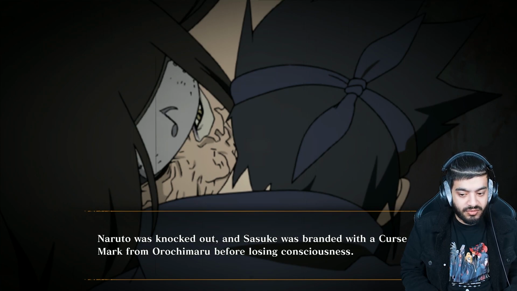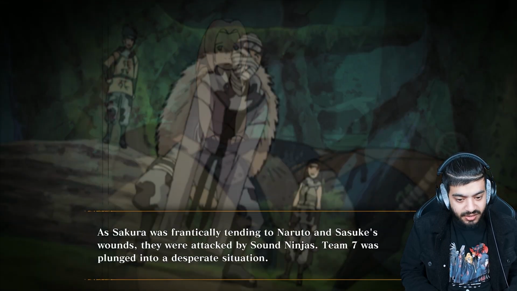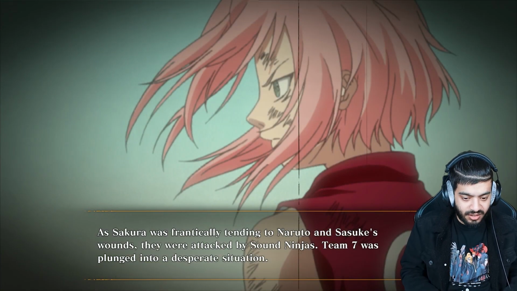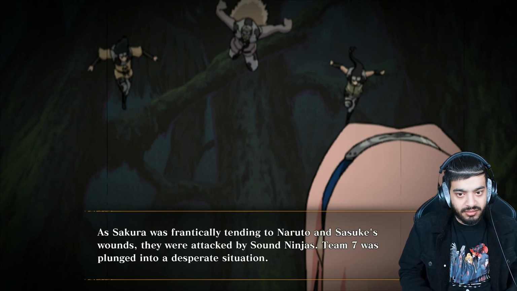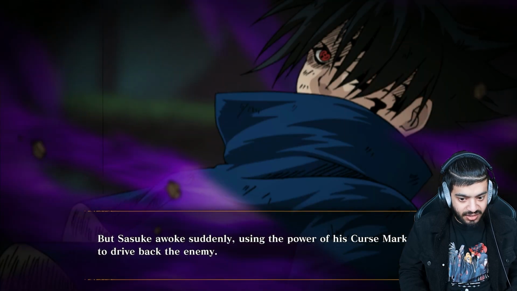Naruto knocked out, Sasuke was branded with a curse with a love bite from Orochimaru. And Sakura is frantically attending to Naruto and Sasuke's wound. I mean, these sound guys should be in the game as well, but I don't want them as part of the DLC. That's the thing with the DLC, these part 1 characters, like I wanted Anko to be in the game, Kurenai, Shizune, these 3 girls should be in the game, but since they're not, the DLC,